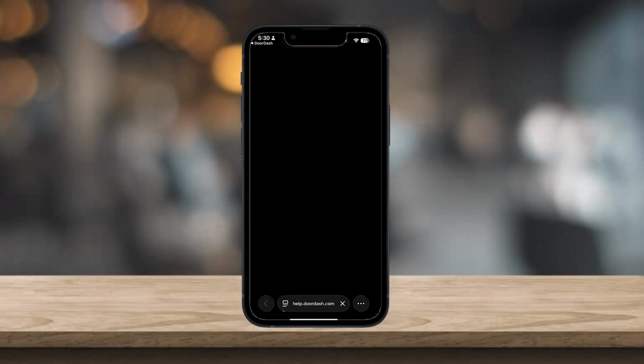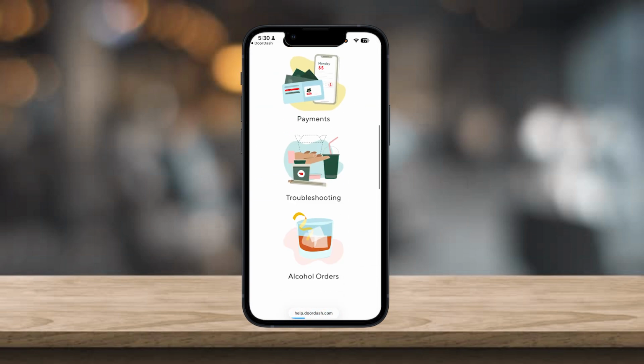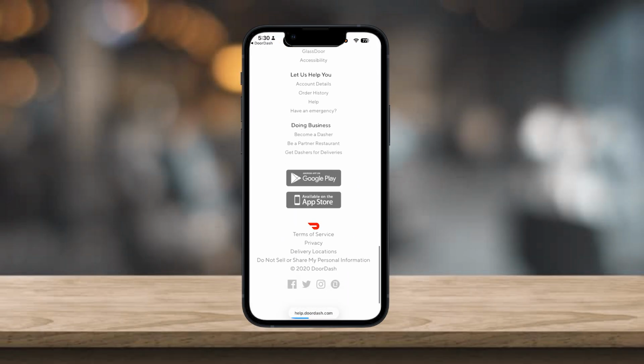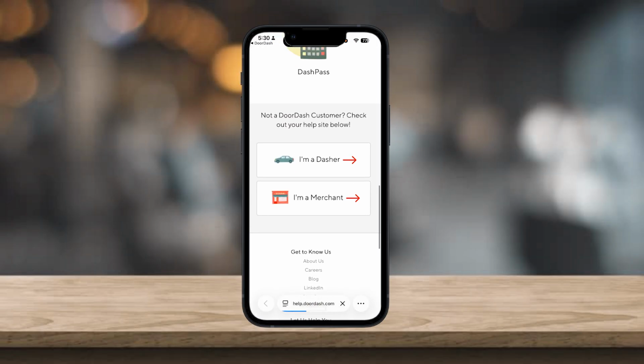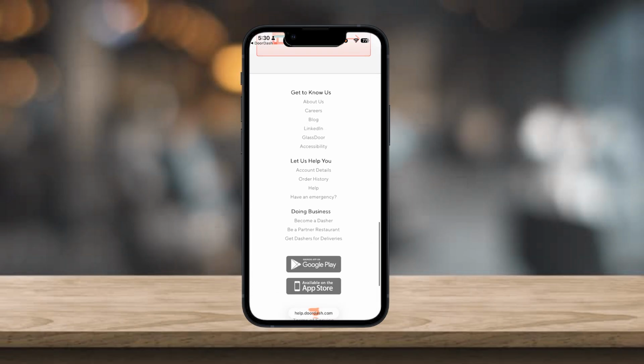You can also go to check FAQ right here, and it's going to take you to help.doordash.com, and this is exactly where you can simply go ahead all the way down, and then you can select whatever problem you want. So even if you're not a DoorDash customer, you can get a problem solved right here,